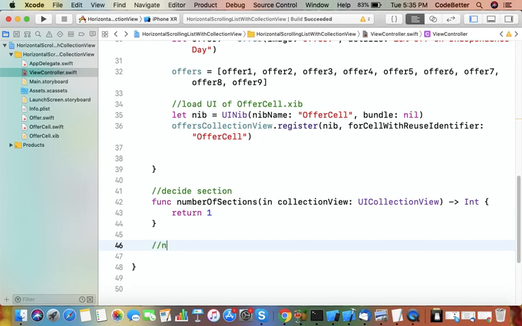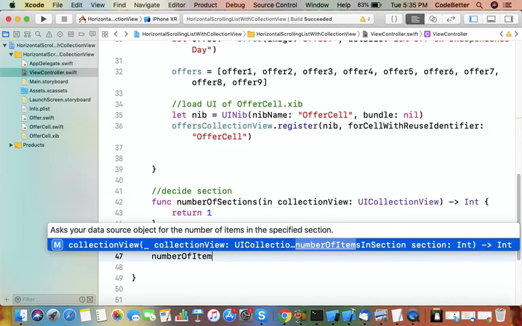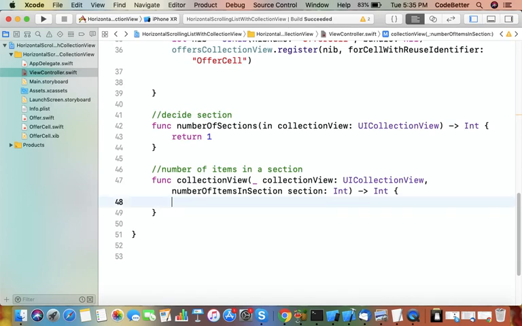Then we decide the number of items in a section. To decide that, we override numberOfItemsInSection. We override this, and here we return the size of the array.